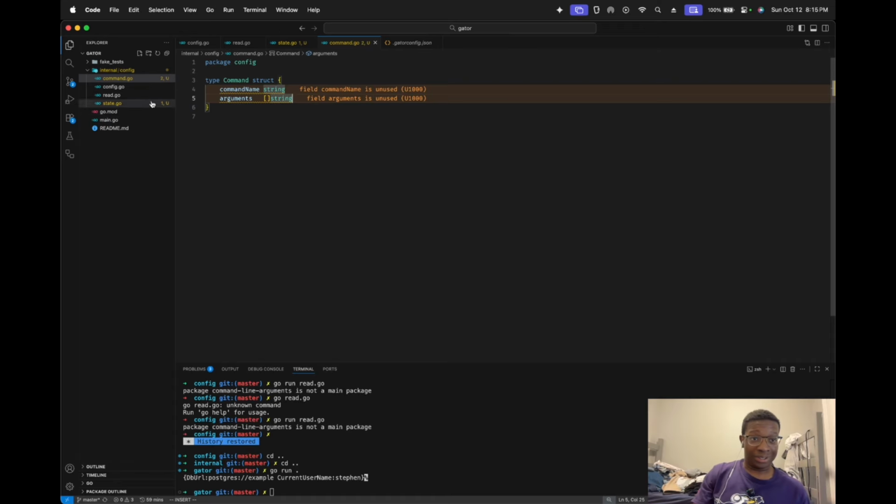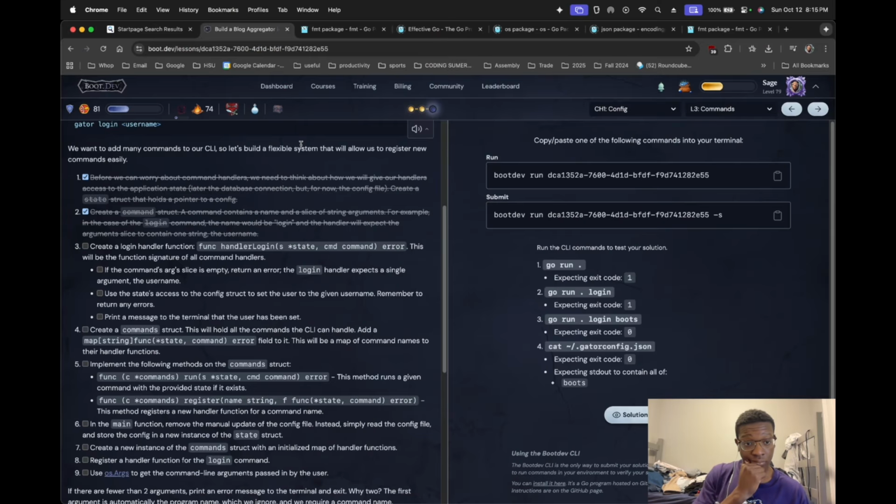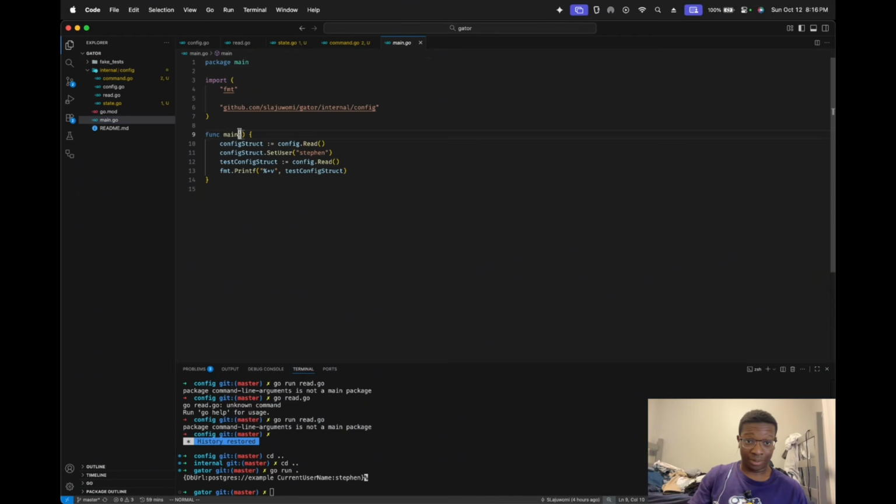Again, where to put this? Am I gonna just keep creating files? I don't feel this is part of the configuration, really. So I'm gonna put this in main. Probably not a good idea, but